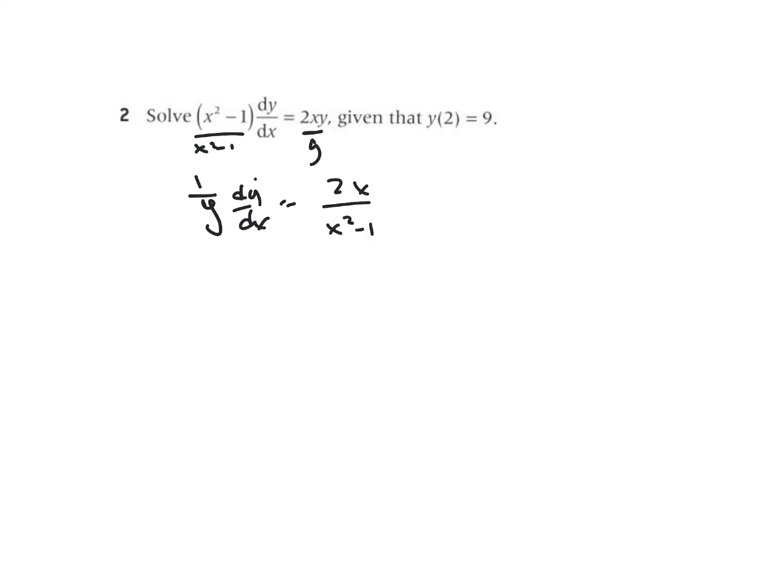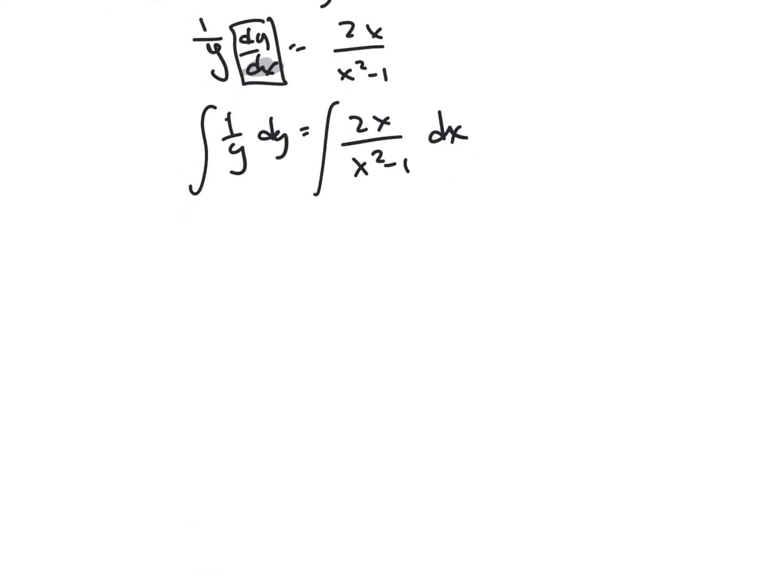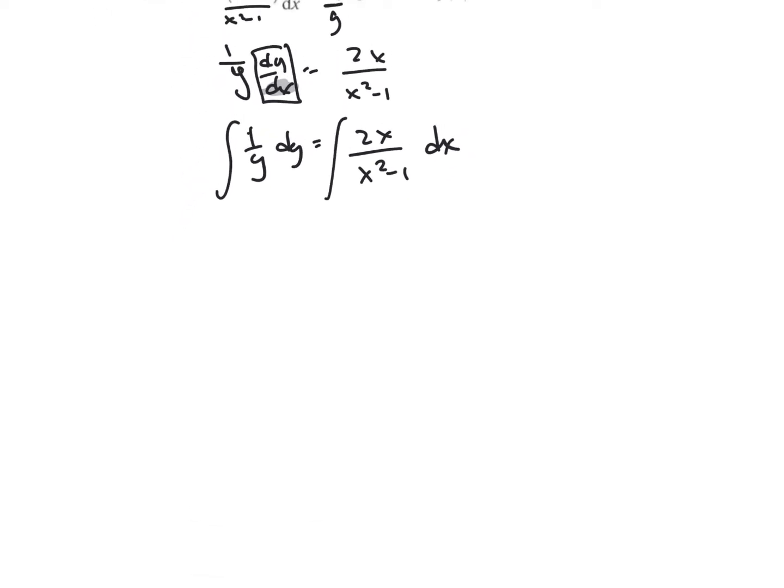I am going to split up my differential, my derivative. And so it's going to be 1 over y dy is equal to 2x over x squared minus 1 dx, by multiplying both sides by dx here. So now I want to solve this one, so I can integrate both sides. When I integrate both sides, the left-hand side is ln y equals,